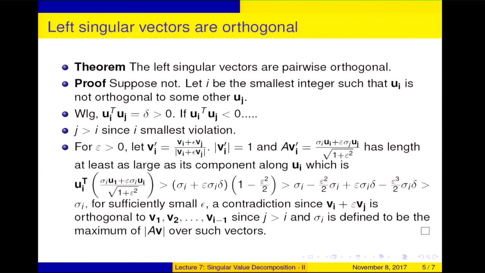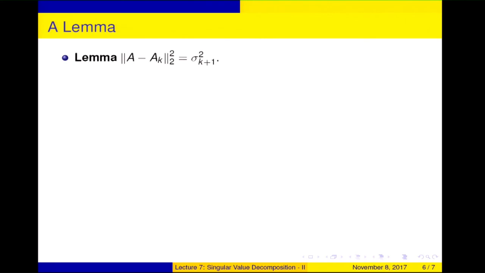Okay? So I'm going to use that, but I need one more lemma. I'm still trying to prove A_k is the best fit in spectral norm. I'm not there yet. I need one more lemma. So I need to prove that the spectral norm of A minus A_k is just the next singular value. Okay? And the proof of this